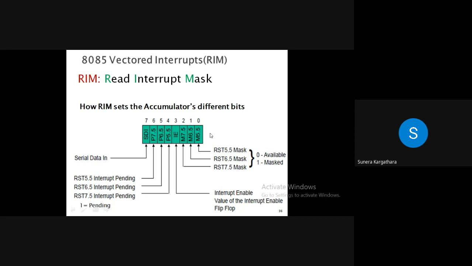The last three bits will give you the information regarding whether your particular interrupt is masked or available. Out of the available interrupts, how many are still pending to be served? That information you will get from this. Here, if I is 1, that means you can understand the interrupt is still available. If it is 0, that means there is no interrupt. Am I communicating? So these are the two instructions, RIM and SIM. This we need to understand very clearly, students, and I hope it is clear.